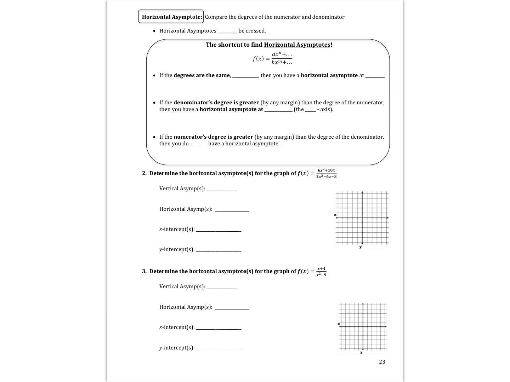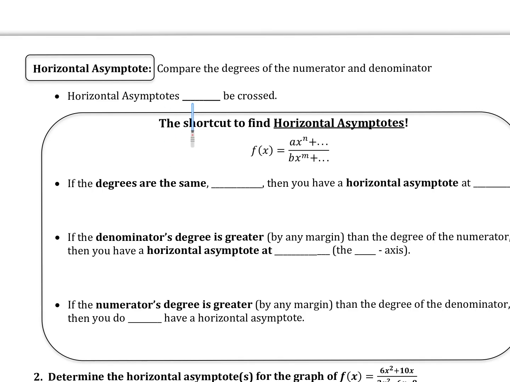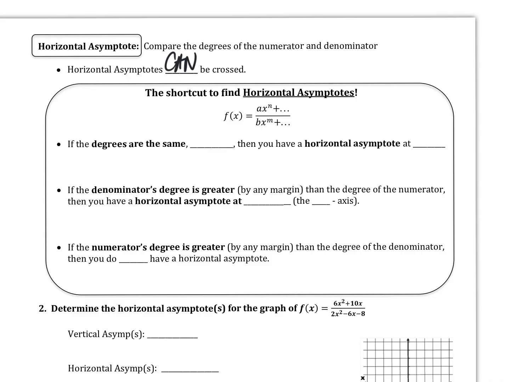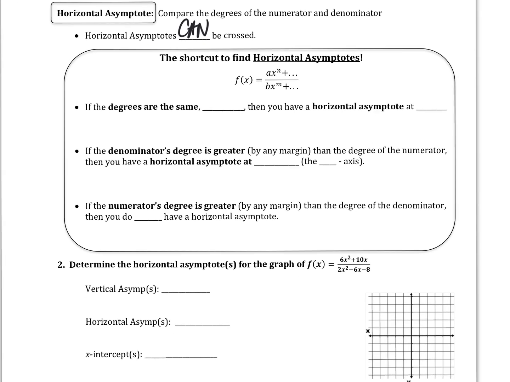As we take a peek over here on this horizontal asymptote, we're on page 23. Did we say horizontal asymptotes could or could not be crossed? What did we see on that graph? Could we cross that horizontal asymptote? Let me show you. So we're going to say horizontal asymptotes can be crossed. Yes, they can. And we've got 3 different things that we've got to take a peek at to determine that